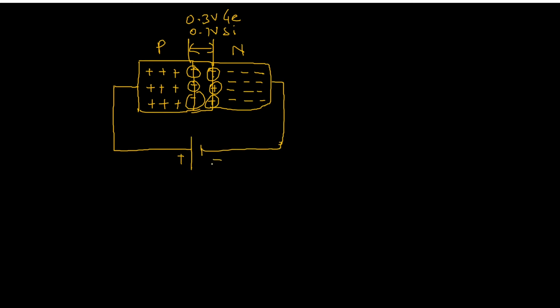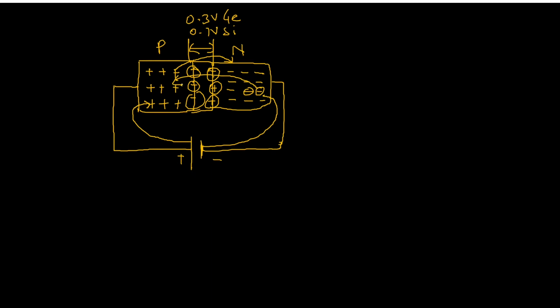Now this positive and negative terminal will change the force which acts on the charge carriers. Say this positive potential, when it acts on these holes, which are themselves positive charge, will repel the holes and the holes will cross over the junction. Similarly, when this negative voltage is connected to the electrons, which are also negative charge carriers, those will again repel and they will cross over the junction. So they are in a position to cross over the junction.